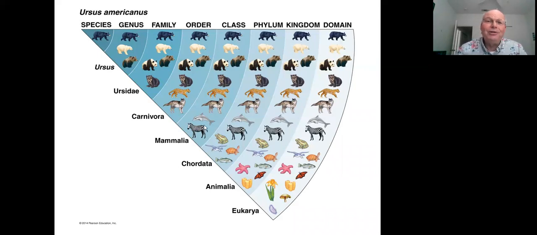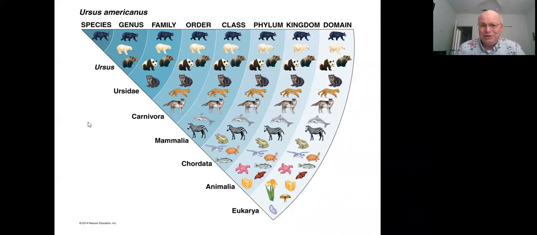All classes that share a common ancestry are grouped into a phyla or phylum, and all phyla that share a common ancestry are grouped into a kingdom. Now you notice I keep using the term common ancestry because under the modern system that relies on the domains and the Linnaean classification system, a valid grouping referred to as a clade or a phylogenetic grouping, phylogenetic